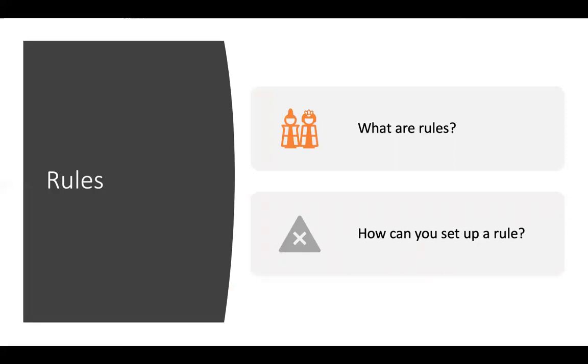Another technique, and I find this one to be a real powerhouse for helping you get control of your email, are rules. And rules are preset commands for emails coming into your inbox. Rules have two components. There's the characteristic of the email coming in, what we call the condition, and then there's the action, what you want to do with the email. So now I'm going to talk to you about setting up rules.